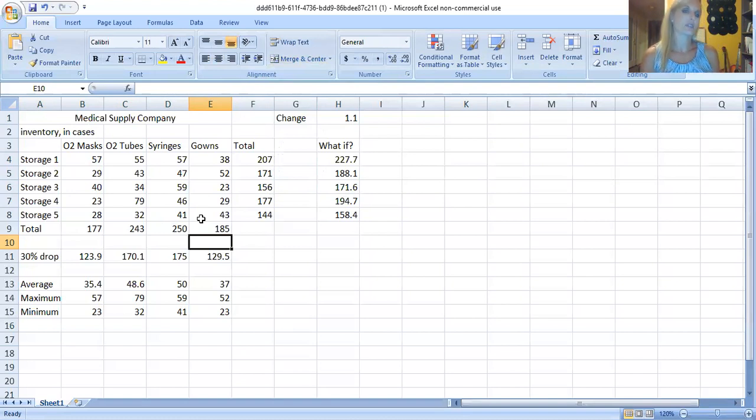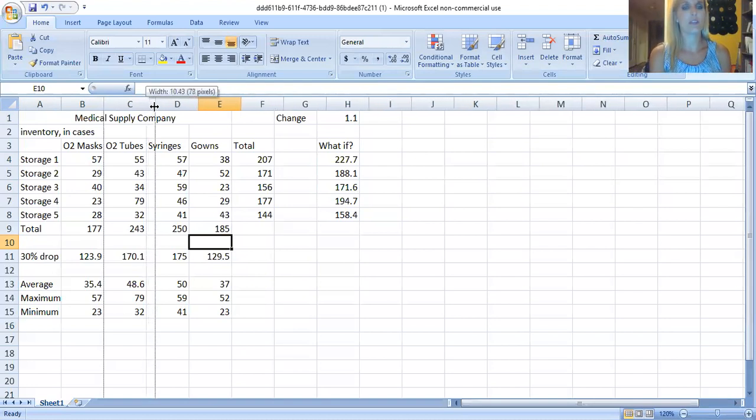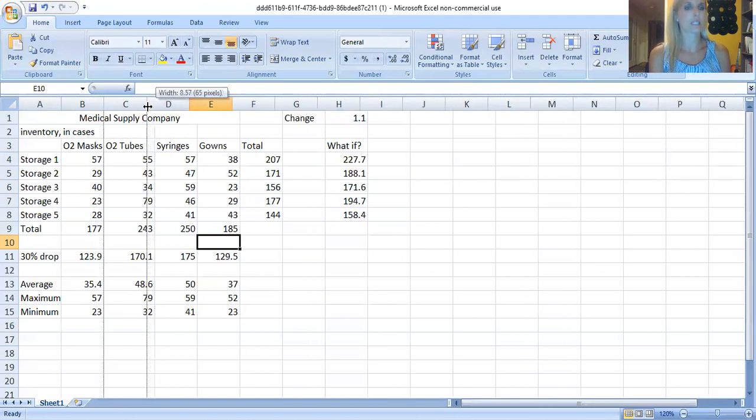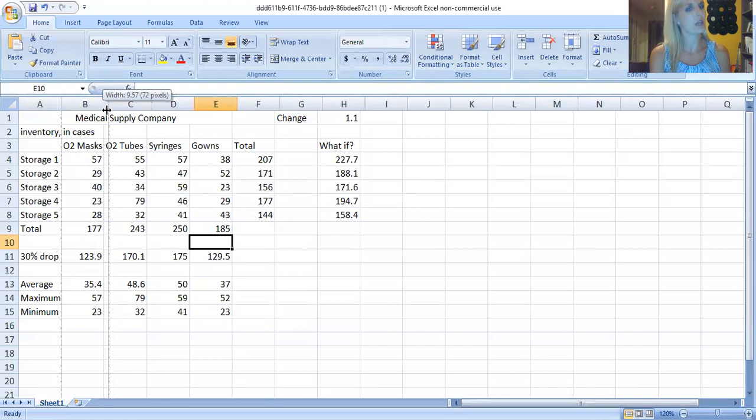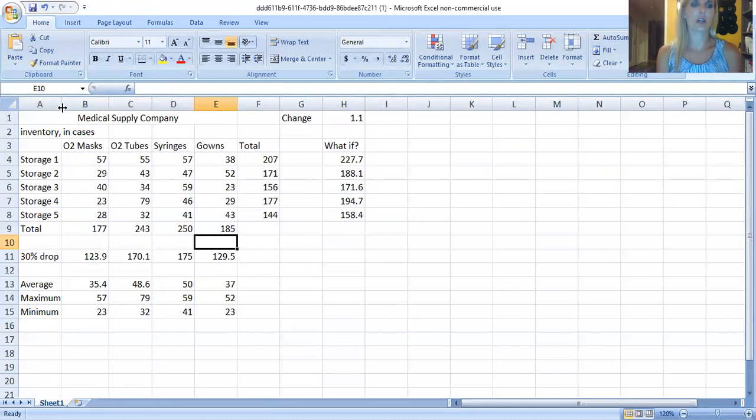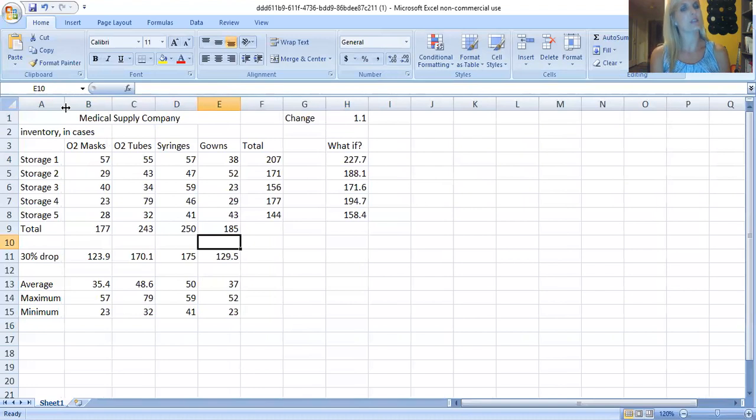Another thing I want to show you guys on Excel that we haven't really had a chance to do yet is resizing columns. You could always resize columns by moving your mouse between the different column names, so between B and C, between C and D. You'll notice that your cursor will change to that line with two arrows on either side, and you could then click and hold and drag that over, and that helps to resize your different columns should you ever need to do that. In this particular document, we really don't need to, because everything fits pretty well in each